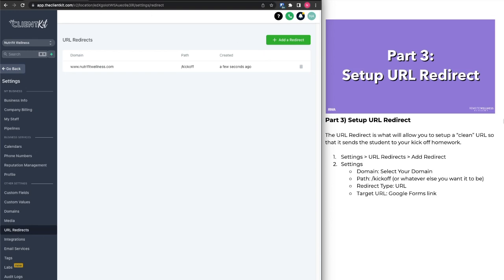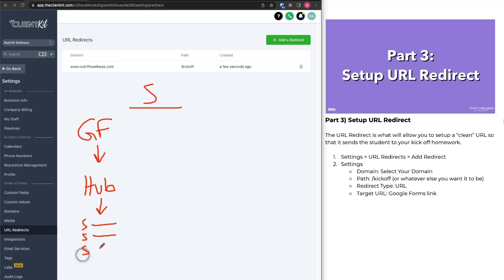And so there are 3 pieces. Okay. So we have the Google form, and this is just a quick summary. The Google form, the GF, not the girlfriend, the GF, the Google form on here is actually the hub, okay? And the hub is what contains everything in terms of the step-by-step, step 1, step 2, all of that kind of stuff. And so from this hub, we are able to link